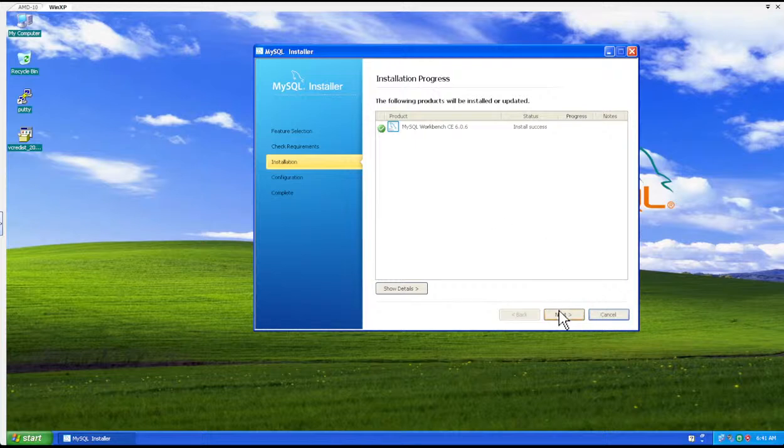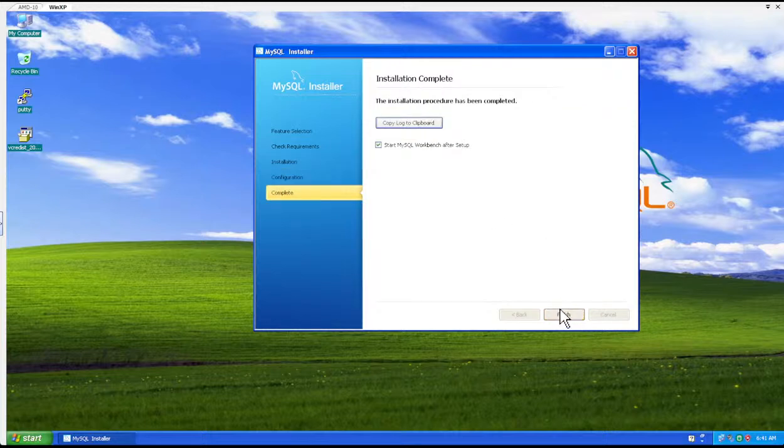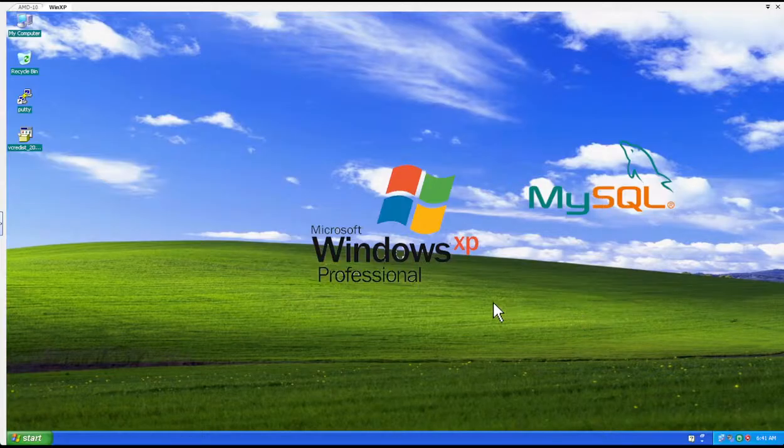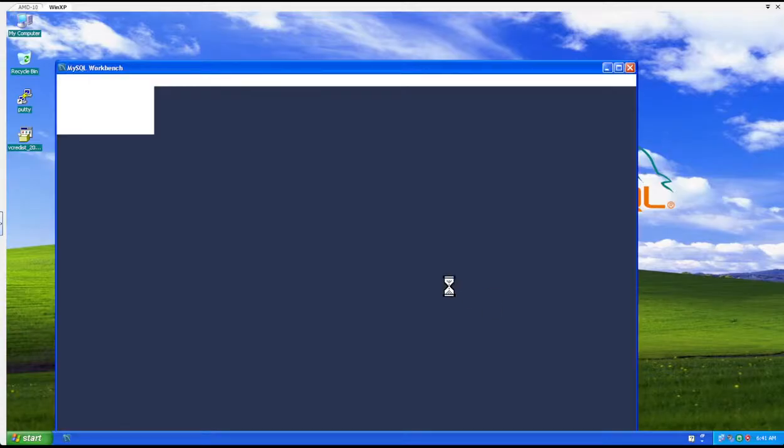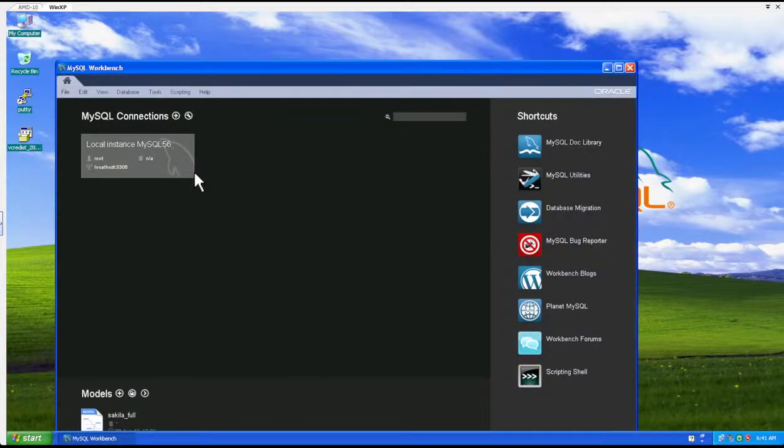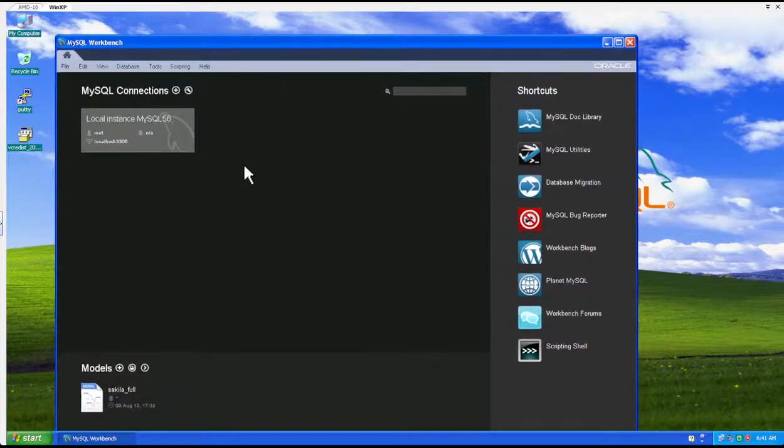Success. When it is success, then let's go next and start the SQL Workbench after setup. Let us see how it looks. I clicked to start it up, right? So yeah, this is good news. I will include that one into the local instance. Oh yeah, good. So root and